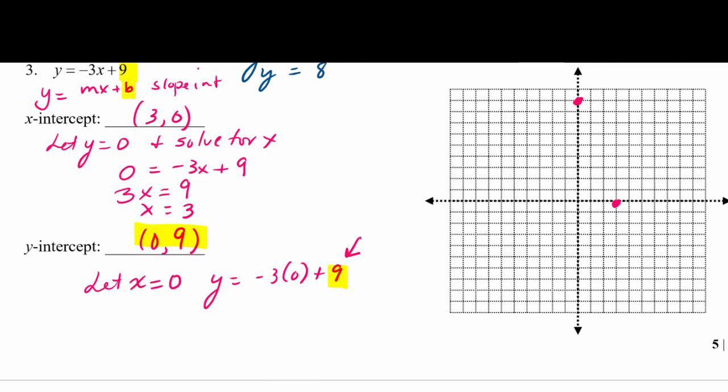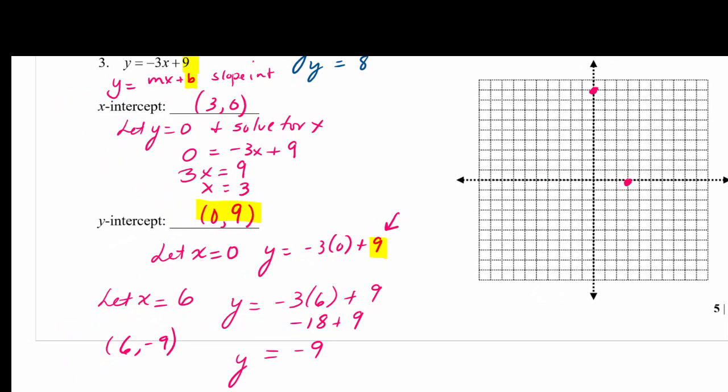So let's pick a number. How about 6? I'm just being symmetric, that's all. You could pick any x. So y equals -3 times 6 plus 9. -18 plus 9 gives us -9. So 6, -9 for my third point. Way down here, and they line up beautifully, don't they? And it is definitely a very steep line that goes downhill, doesn't it? That slopes downhill. Okay, so